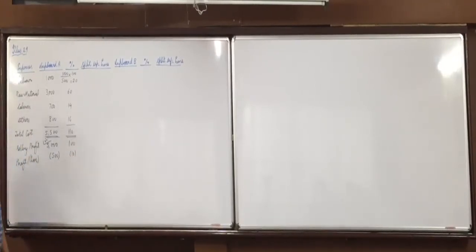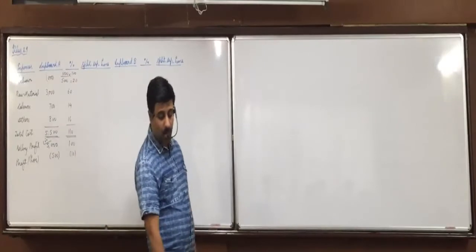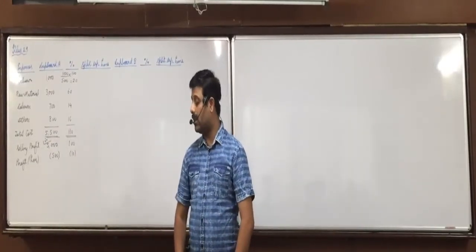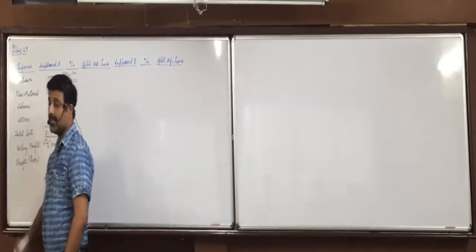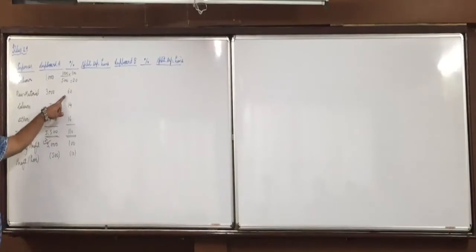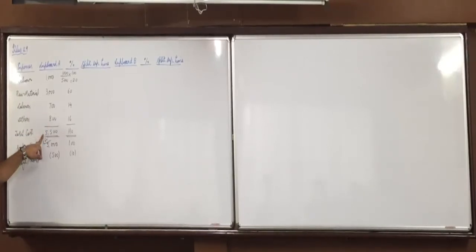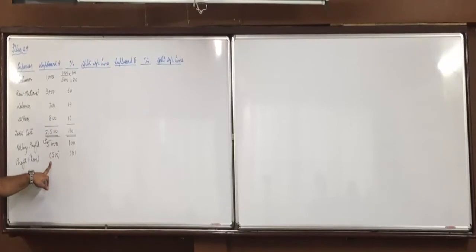Do it. 1,000 divided by 5,000, percentage. What do you get? 20. Directly 3,000 and percentage. 60. Directly 700 and percentage. Directly 800 and percentage. Directly 5,500 and percentage. 110. Directly 5,000 and percentage. 100 and minus 500 and percentage. Means you write 500 and percentage and put the negative figure because minus 500 will be minus 10%.